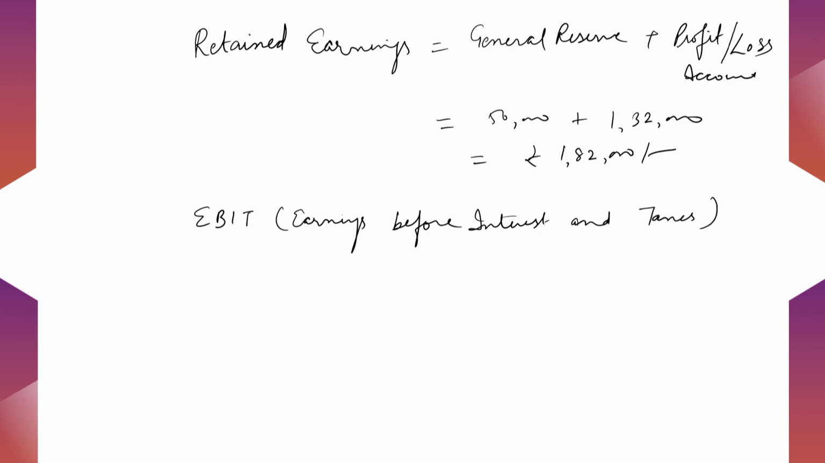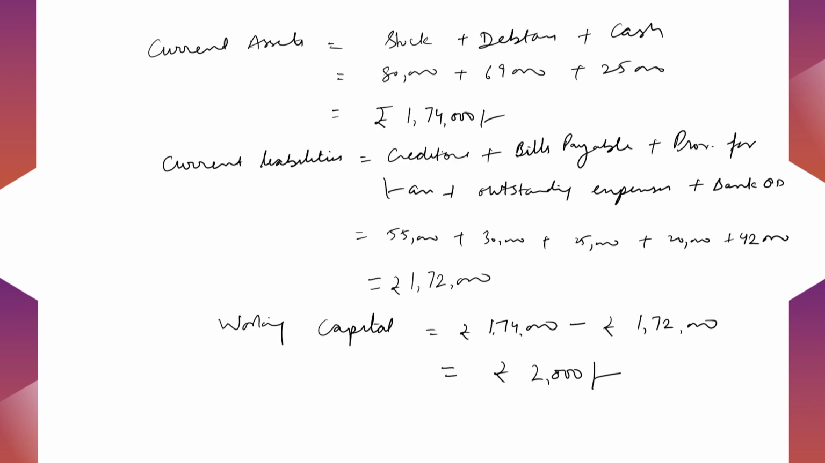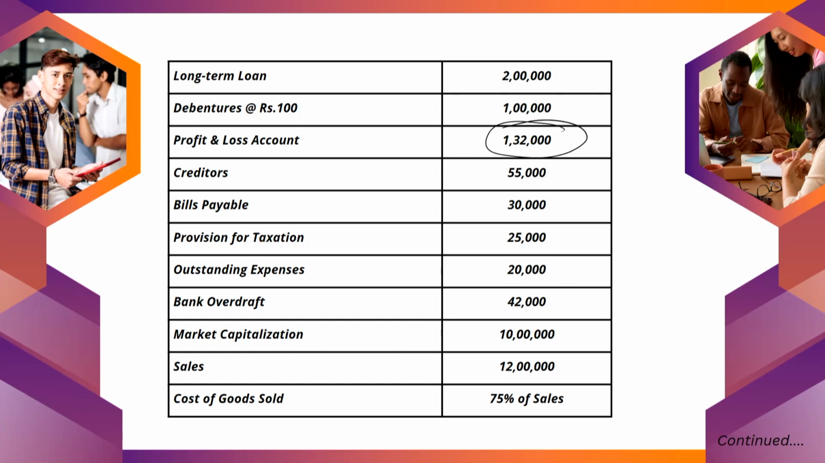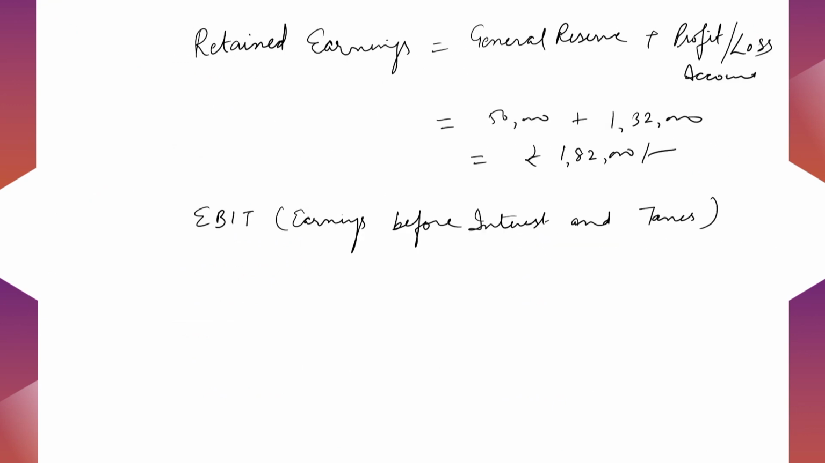So, calculation of that depends upon something. So, we go with the question once again. As you can see in the question, we are provided with the information of sales and then we are provided the information of cost of goods sold, which is 75% of sales. So, I am taking here that sales is already given, 12 lakh rupees, as per the information provided, and